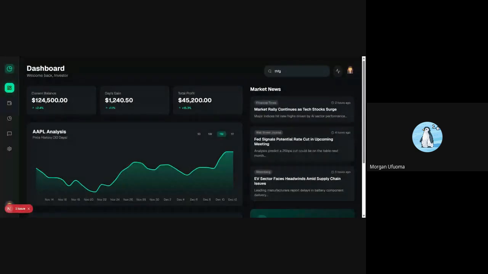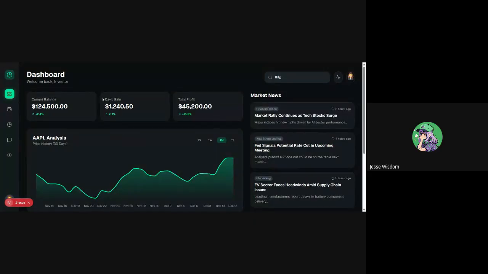Okay. So I just built a simple investment dashboard with the prompts that Kamal gave us, and then I used this for the UI. Those things on the sidebar, like wallet and the pie charts, none of them are actually linking, but there are chat, settings, and then messages.